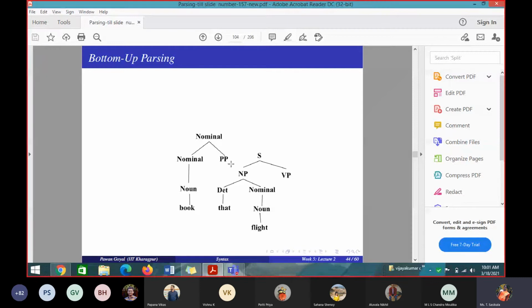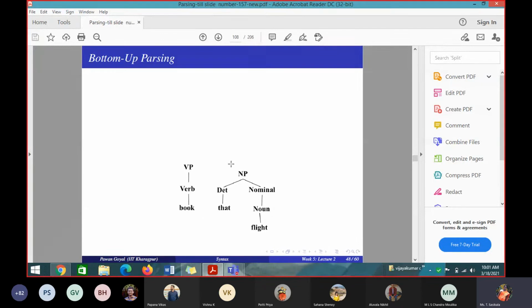So next one, S gives only for NP. Any other thing is there to give a start node? Yes, S gives NP VP, ma'am. But that will not be possible. NP should be the first part of this. But the first part of your sentence is what? First branch of your sentence is what? Book, right? Yes, ma'am. So that is also not possible, so VP will not get it like that.